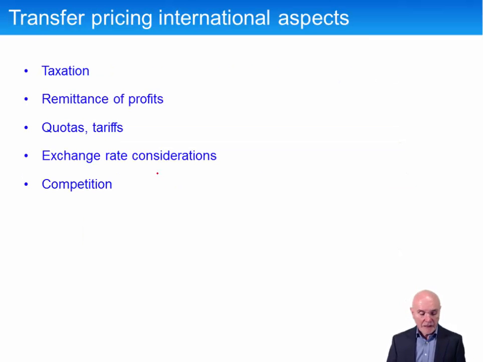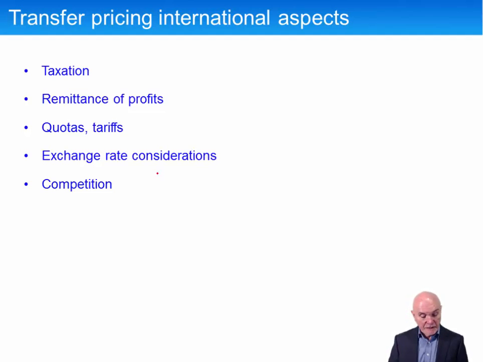For international aspects, some other elements come into thinking about your transfer prices. There is taxation. The idea would be, if you are in a low taxation area, then you want to transfer to another division in a high taxation area. You put a high transfer price on that. You may as well earn the high profits where the tax is low, and burden the second division with a high transfer-in price, so it makes small profits. That's where the taxation is high.